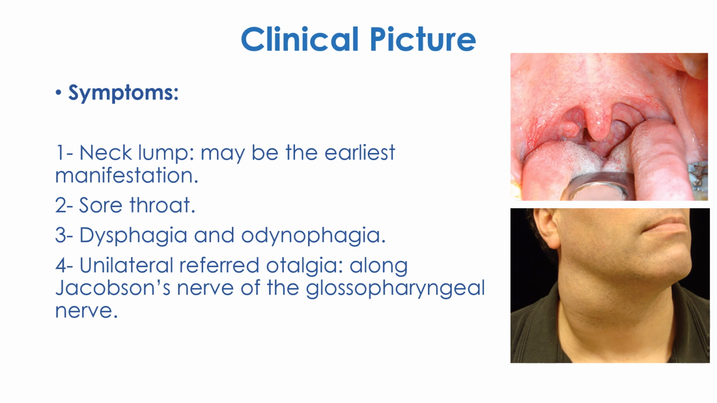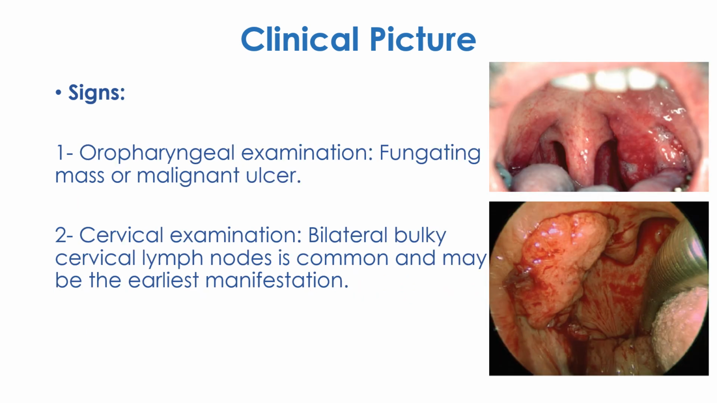Many of these patients present clinically with a neck lump, which may be the earliest manifestation, sore throat, dysphagia or odynophagia, and unilateral referred otalgia along Jacobson's nerve of the glossopharyngeal nerve. The signs: oropharyngeal examination will either reveal a fungating mass or malignant ulcer, as you could see in the photos on